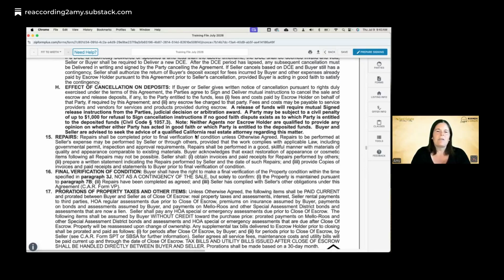But just so you know, if no good faith dispute exists as to who gets the deposit, like they're still within their contractual time frame for being able to cancel, and they're canceling based on the rights that they have, if the buyer decides to pursue legal action, you may have to give them an additional $1,000 on top of their deposit. Or hey, buyer, seller,